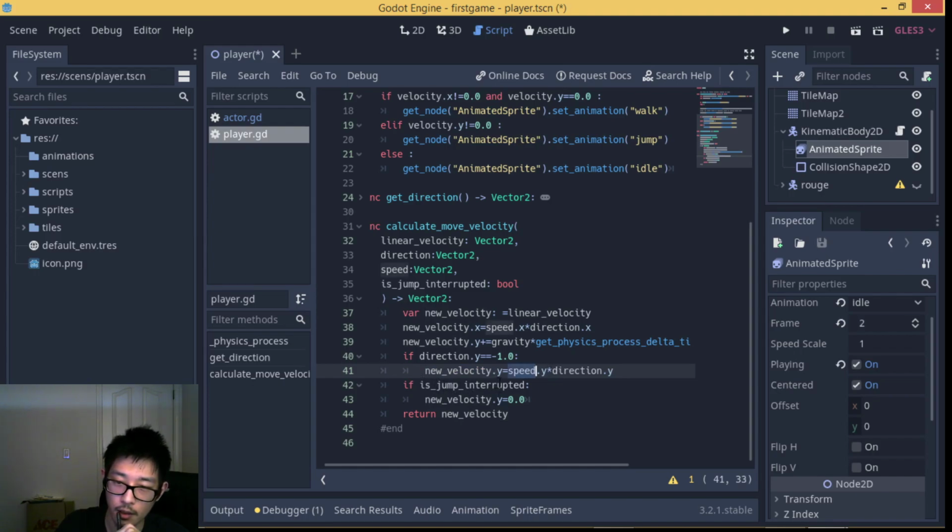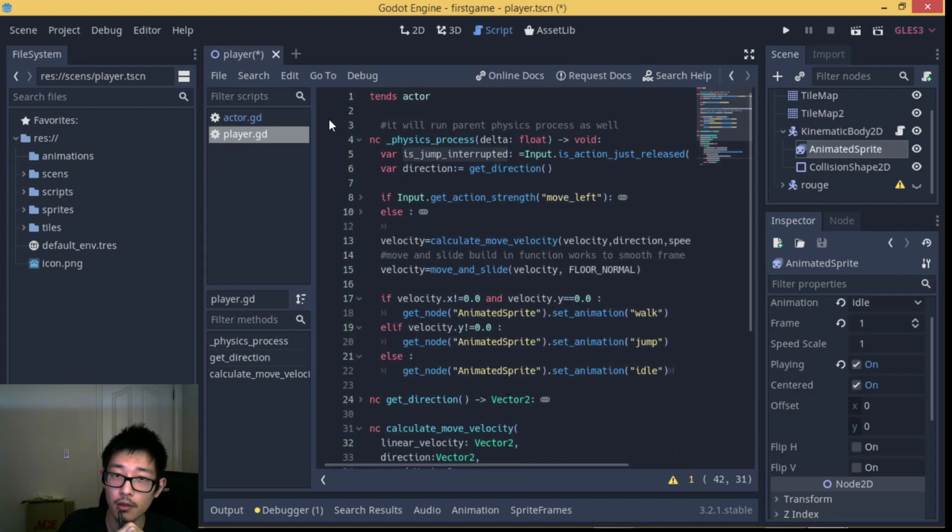And another thing is to apply more force to your character using its is_jump_interrupted Boolean variable. So yeah, that should be the coding part,